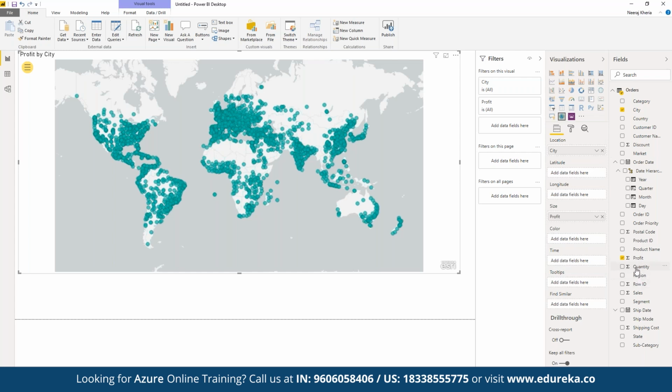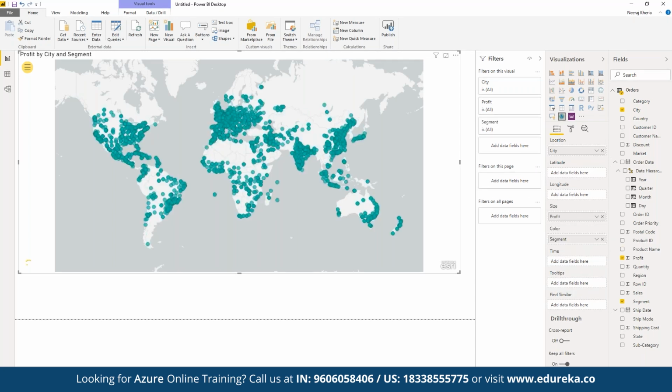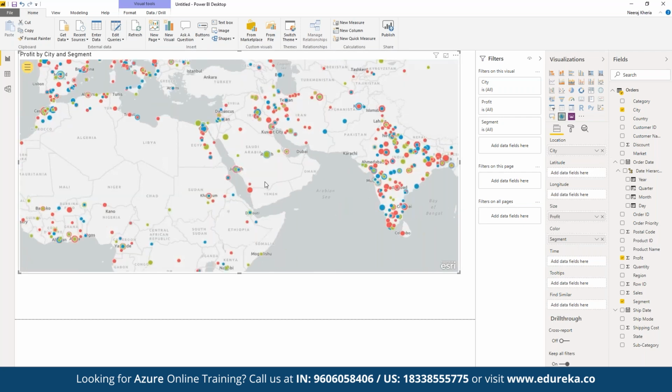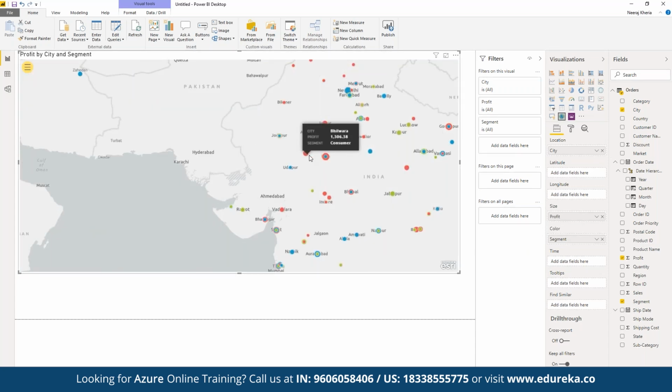So let's say if you want to see the segment as well, here we can add segment as a part of the color. So suppose here we can add different colors, and different tooltips are also added here as a part of segment that we can use for visualization. So now we can see here we had different colors defined, right? And we can see the entire report now, because we have added different segments and different colors. So we can see different reports here, right?